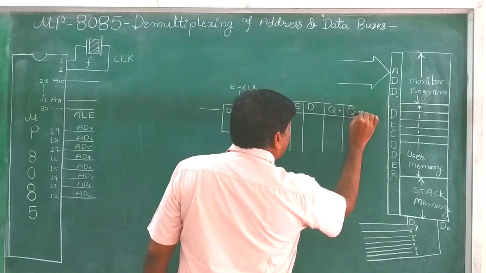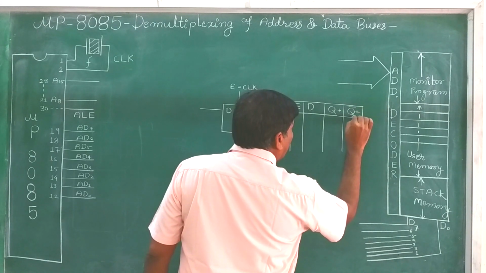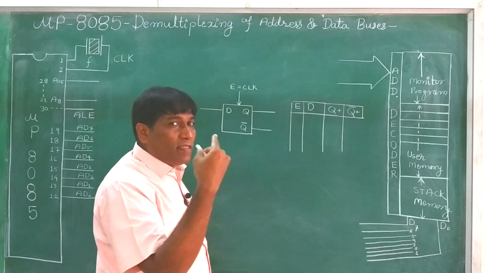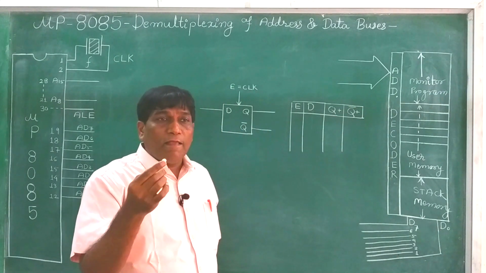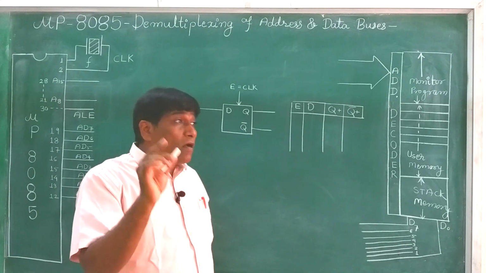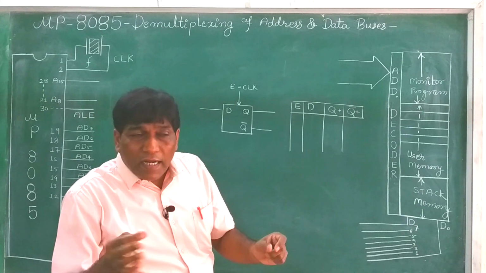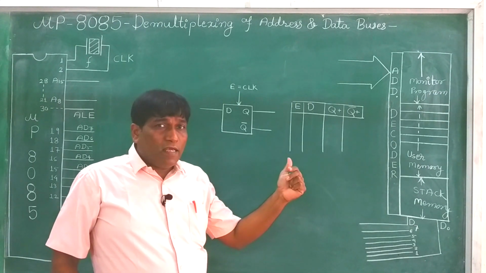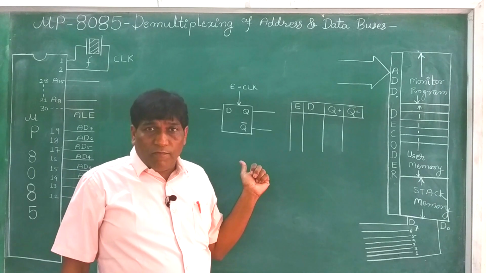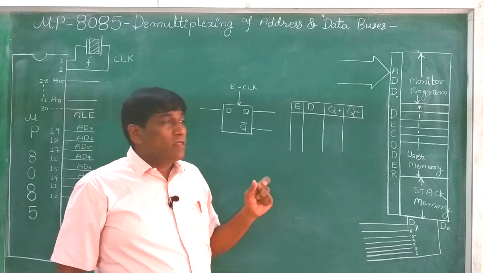We are indicating it by plus, which indicates the next state after the clock. Now, what does this truth table show? First we will complete the truth table, and meanwhile, as we complete the truth table of the D flip-flop, we will explain it also.